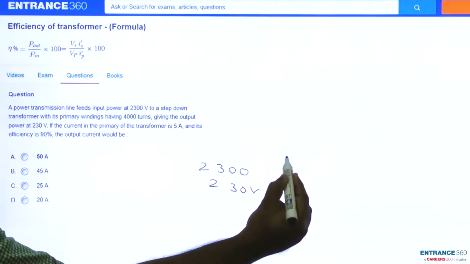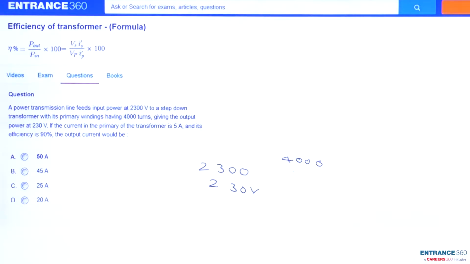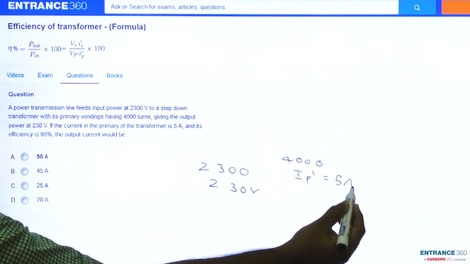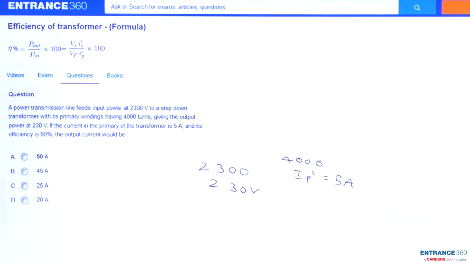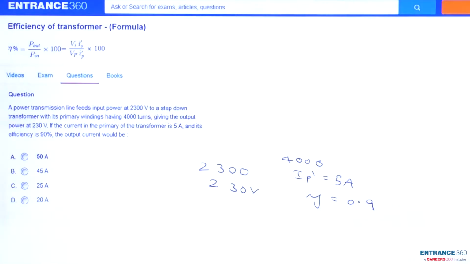and given that output is 230 volt, number of turns is 4000. If the current in primary of transformer is 5 ampere, so primary current is given as 5 ampere and its efficiency is 90%, efficiency is given as 90%, output current would be,